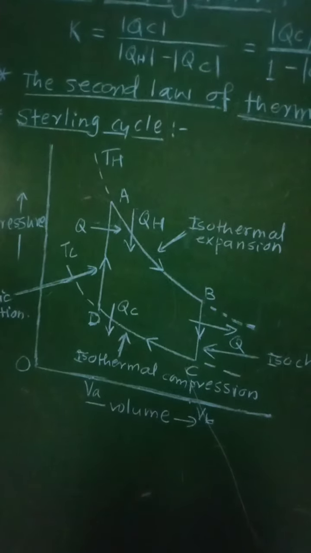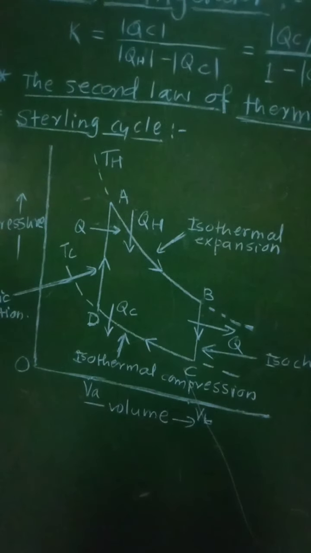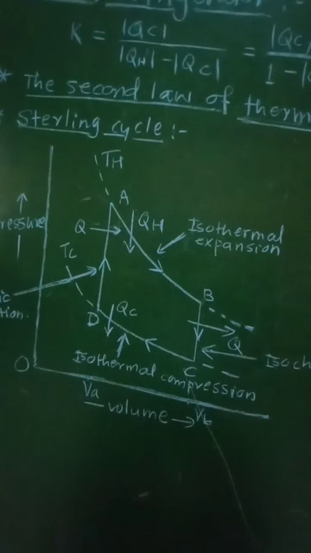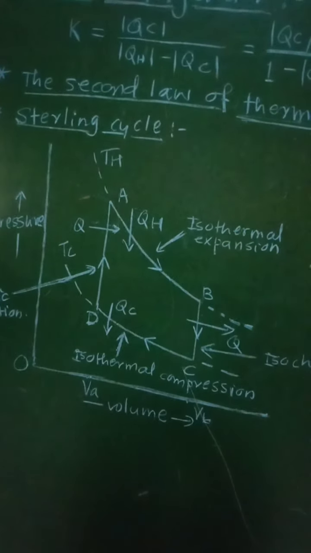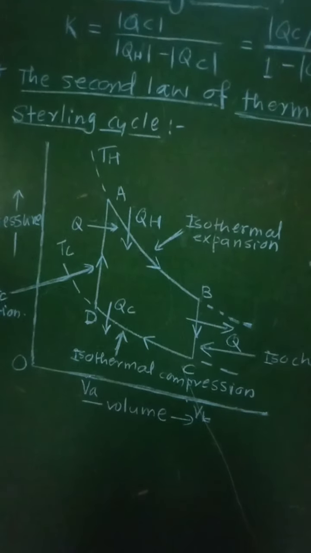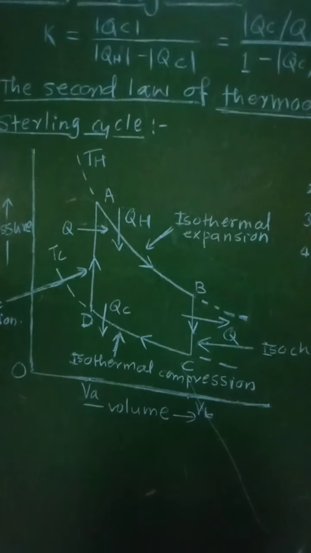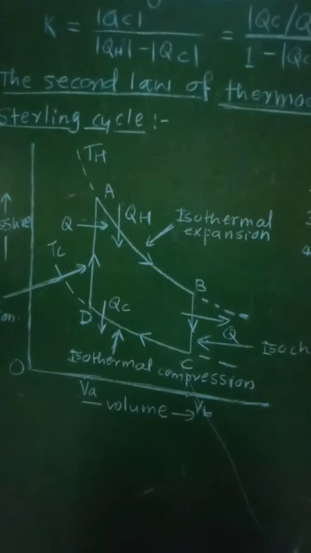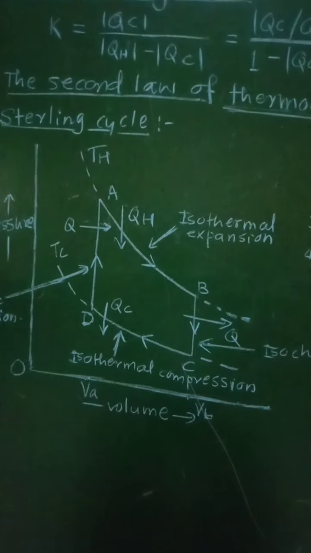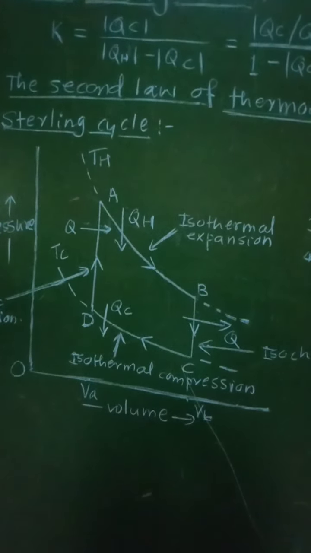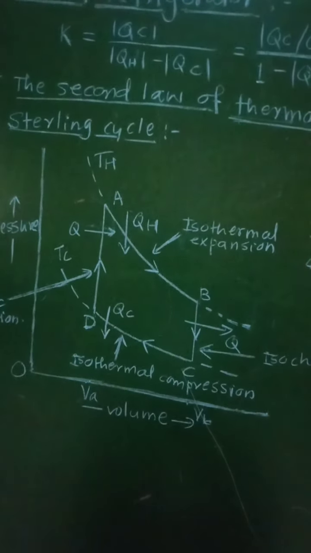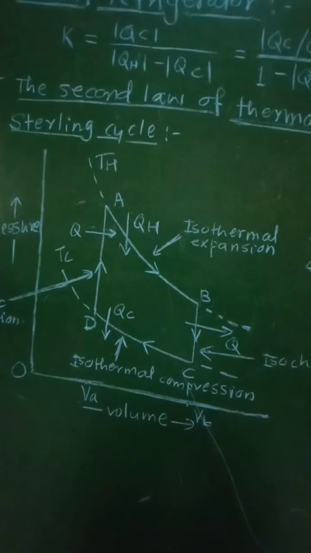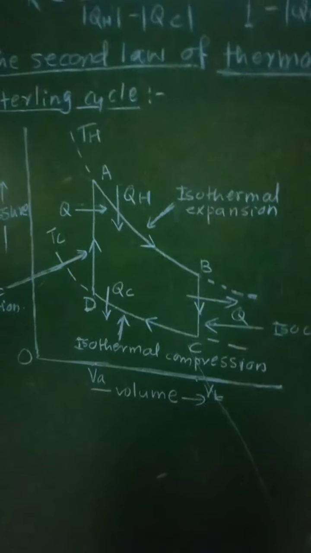When the gas is heated, the Stirling engine produces useful work. When work is done on the gas, it works as the refrigerator, and this is reverse working of the Stirling cycle. The reverse Stirling cycle is used in the field of cryogenics to produce extremely low temperatures or to liquefy air or the gases which are mentioned above.